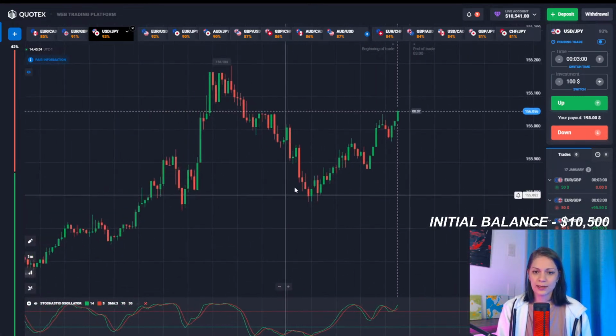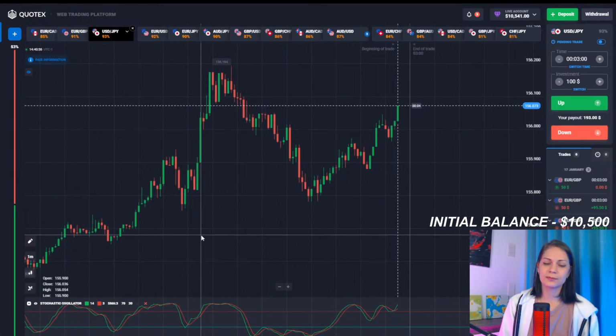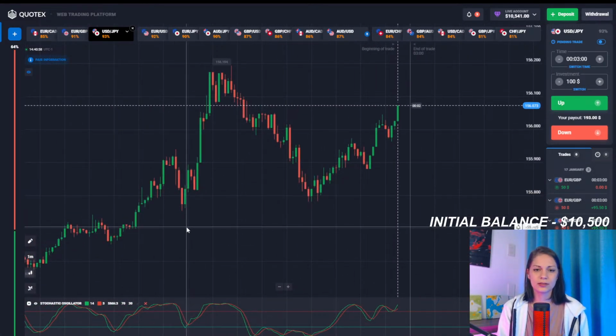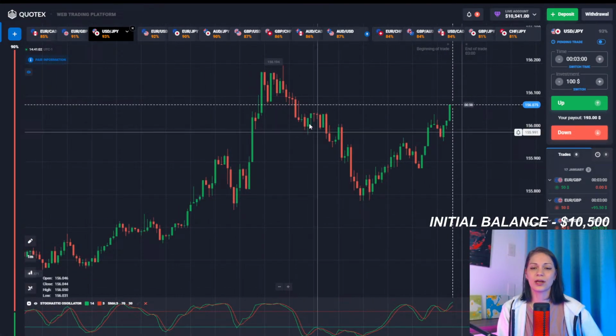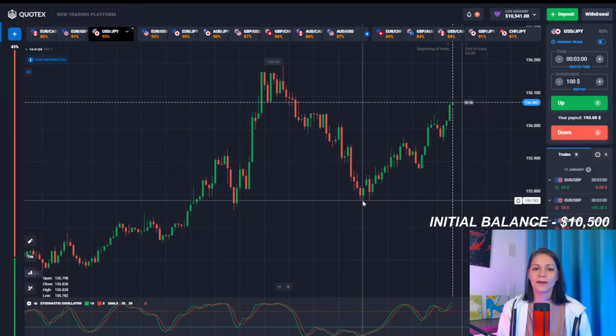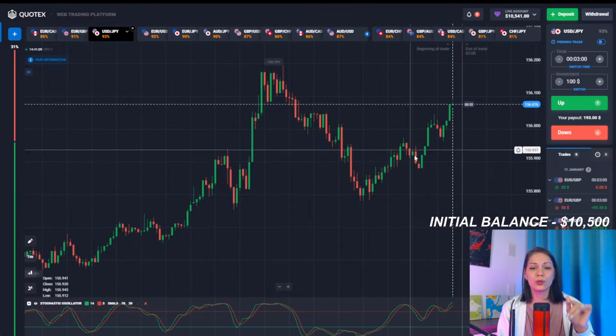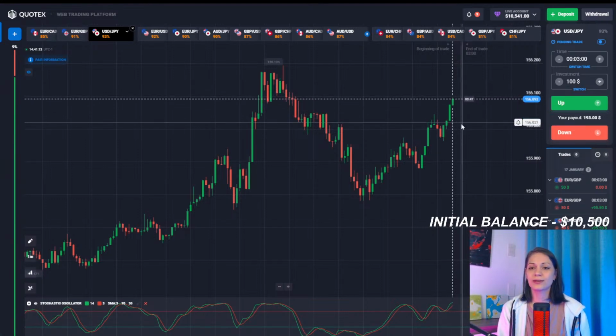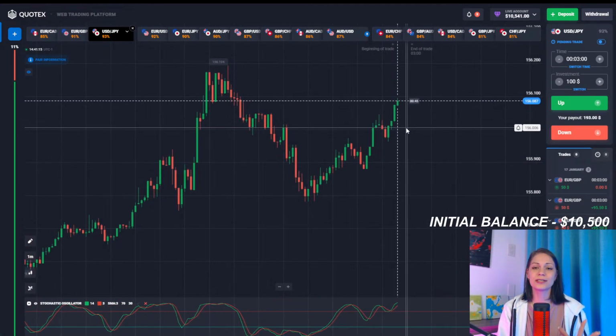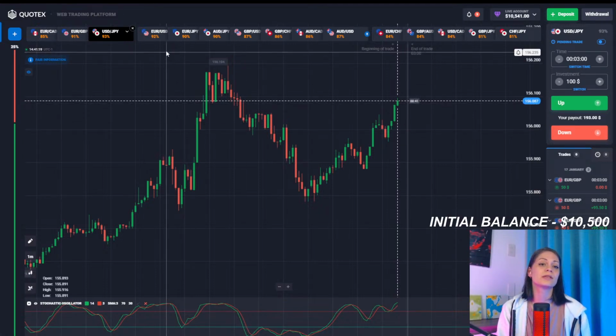USD JPY, and here, just like we said, we started the stream from this currency pair, and we see that we have an uptrend, and from this point there is not a downtrend. Why? Because the last low was not updated and the uptrend continued. And right now, this is the highest point of the uptrend. And for now, that means that we do not have any entry points.